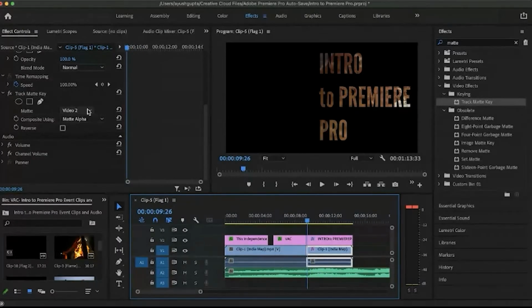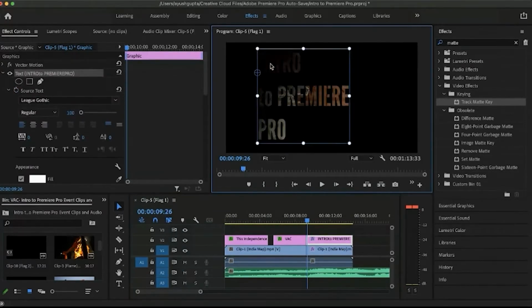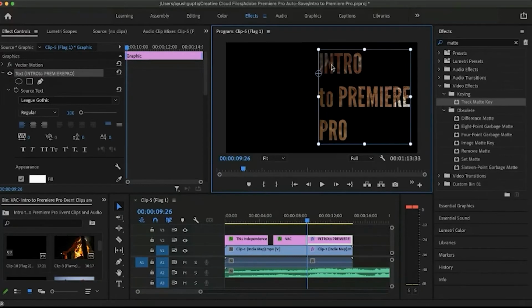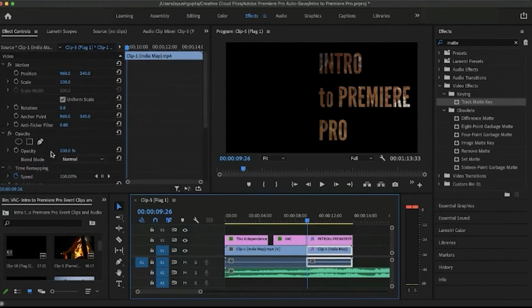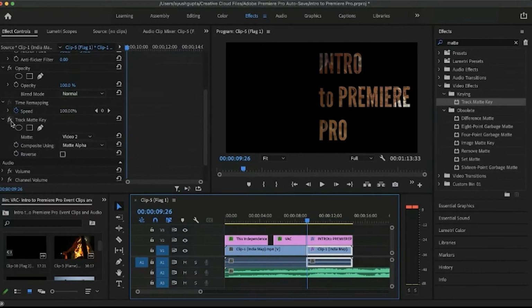Track matte key is an effect that you use when you want to put a layer on another layer and see through it. It's basically an effect that movie makers use to do a see-through text like this one. Here I turn this off.